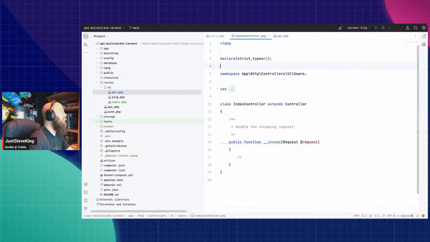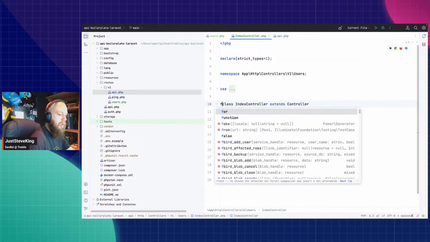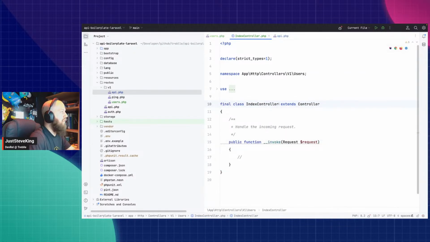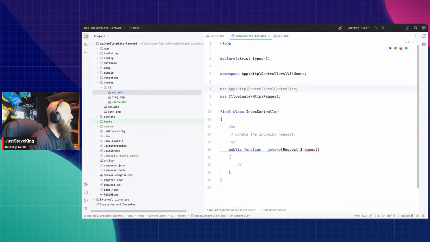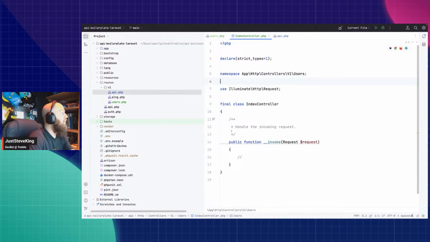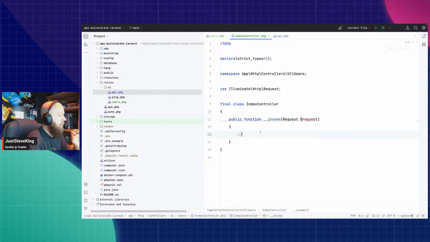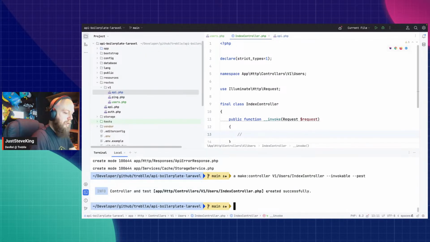I'll probably publish the stubs for the next stream where I go through this, to be honest, so that I don't have to do this every single time. So, handling the incoming request. What do we want to do? In our index controller, we want to basically just get all users if we're allowed to. We'll worry about authorization later, but for now, we're just going to get a resource and return a resource. So make resource